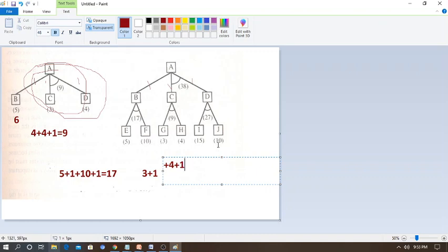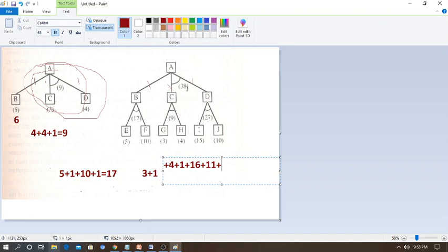Next, what you can do is take this root value. The I value, the heuristic value, is 15 plus 1, so 16. Similarly the J value is 10 and the cost value is 1, so 10 plus 1 is 11. Like this you can follow it. So now, at last, it becomes 27 here.